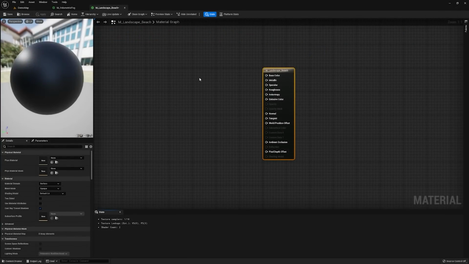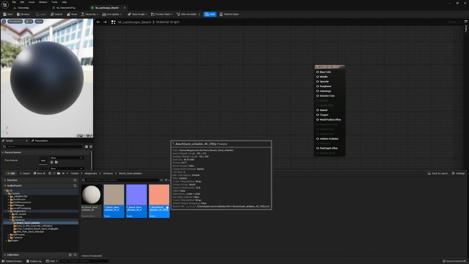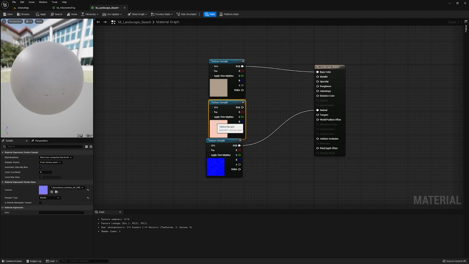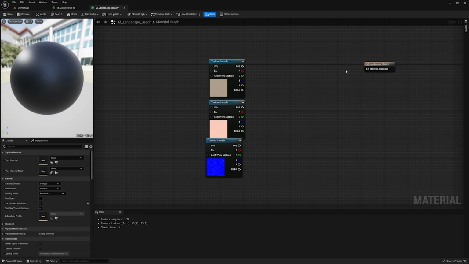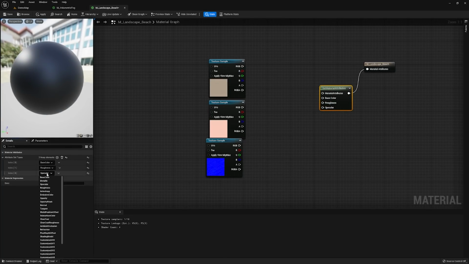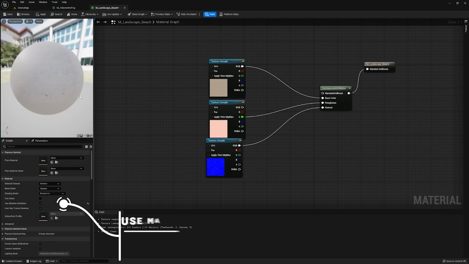textures in. And now, while we could plug them in like we normally would, it's worth noting that Unreal lets you create materials inside of materials in a way. And it does this through the material attributes type. And once we do that, we can actually blend them together. And this is a really great way to make landscapes. You just need to make sure you have the use material attributes boolean checked in the properties of the material.